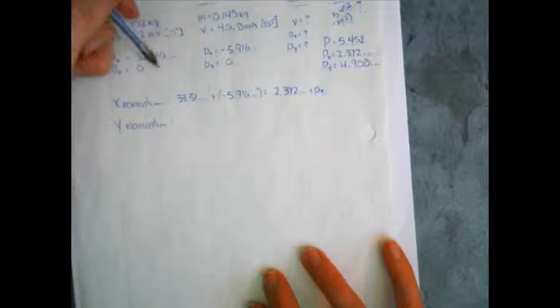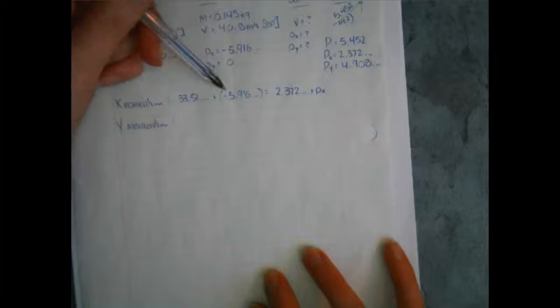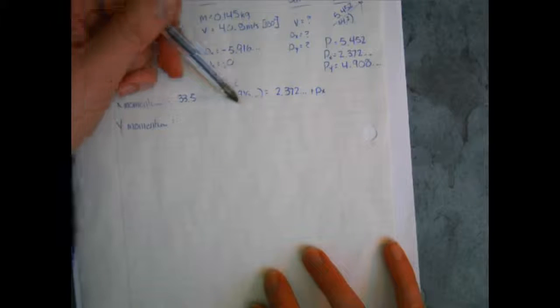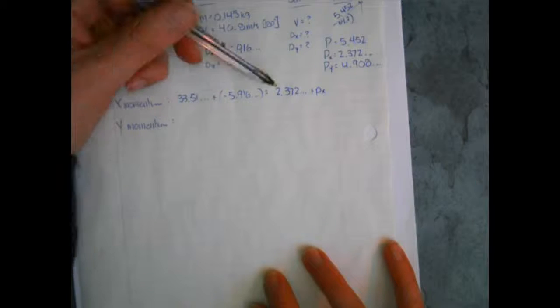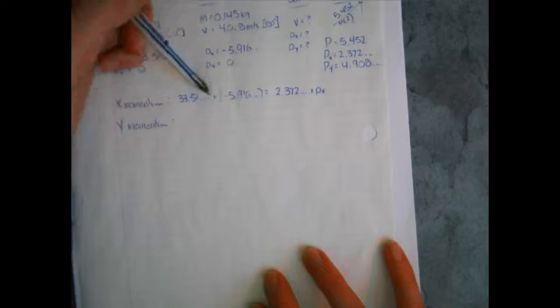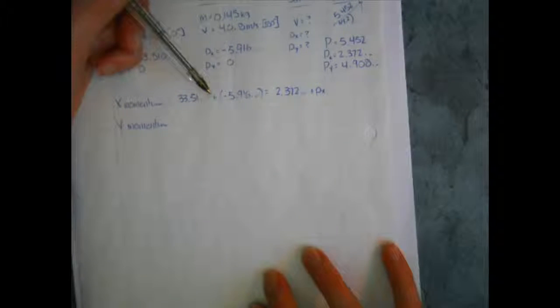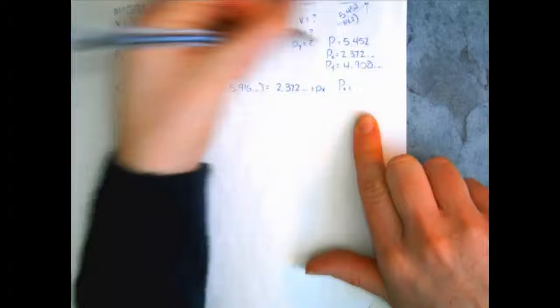Okay, so basically here you're going to have 33 minus 5, which is going to put you at like 28 something. And then because this is positive, you're going to subtract that off as well, which is going to put you down to 26 point something, 25. So now we can say px is equal to